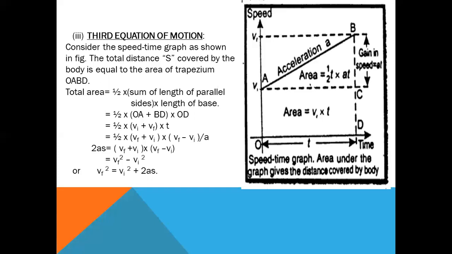Total distance S covered by the body is equal to the area of trapezium OABD, area of trapezium, and this is trapezium. Total area is equal to half times sum of length of